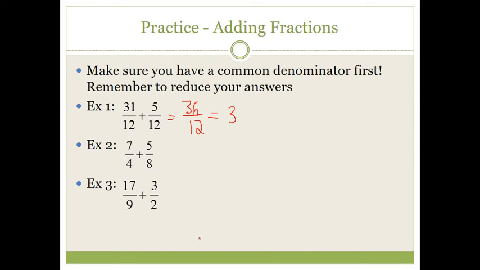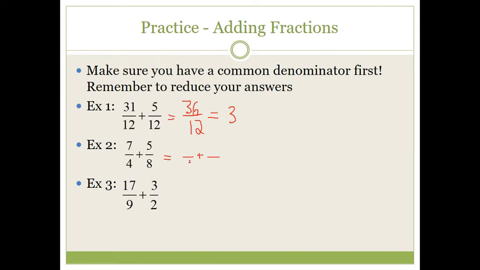How about 7/4 plus 5/8? So I'm looking here and I notice that we don't have a common denominator here. So we're going to need to get a common denominator. So I'm thinking about the least common multiple, the smallest number that both of these numbers will go into. And I notice that 8 will go into itself one time, and 4 will also go into 8 2 times. So that leaves us that the least common denominator, or least common multiple, or lowest common denominator between 4 and